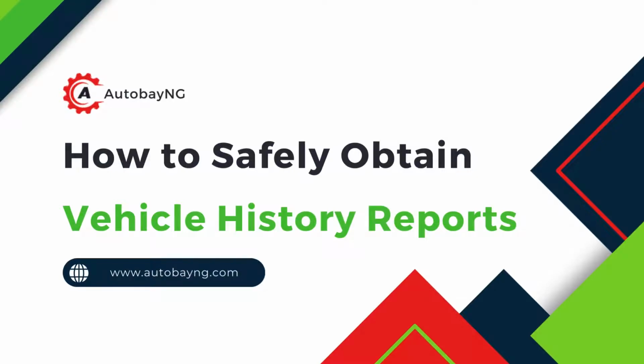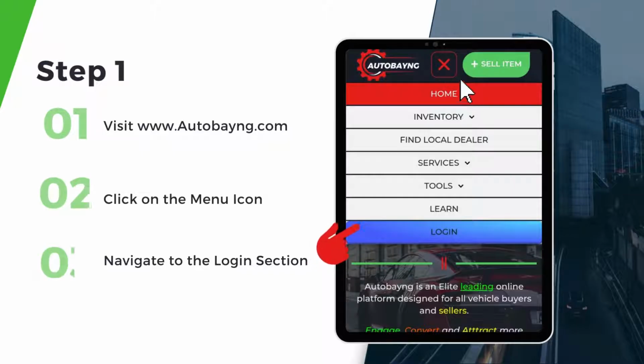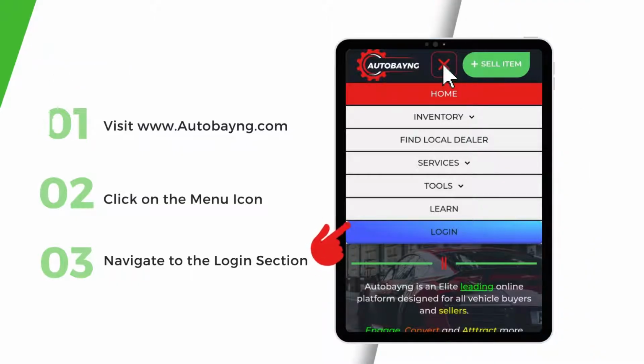This video tutorial will show you how to obtain vehicle history reports on any car with just a few clicks. Step 1. Visit www.autobayng.com. On your mobile device, click on the menu area, navigate to the login section and log in to your